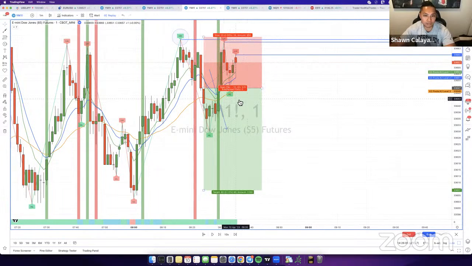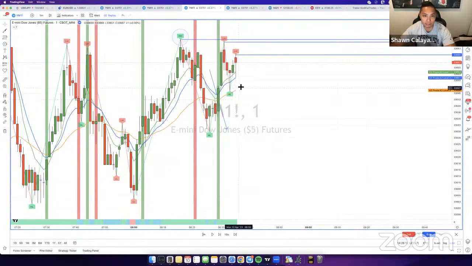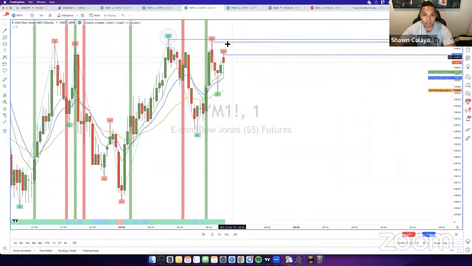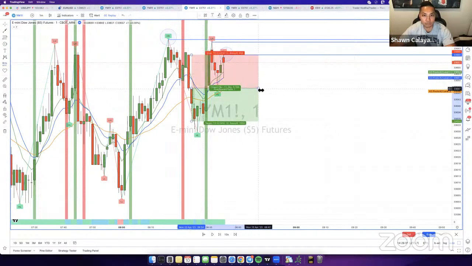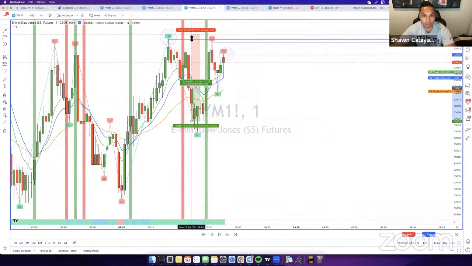I wouldn't be in a sell here, obviously, because we have a strong bullish bias. I would only be looking for buys at this point. So if you have these set up, what you can do is wait for price to break these areas, probably not this area right here, because you want a heavy area of stop losses. So I use this first example right here. If people were to place their stop losses right here, you already know there's a bunch of stop losses sitting around this area. That's going to be one area.